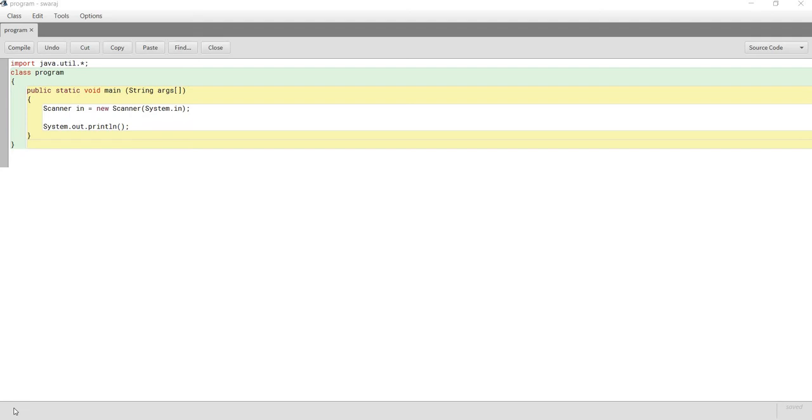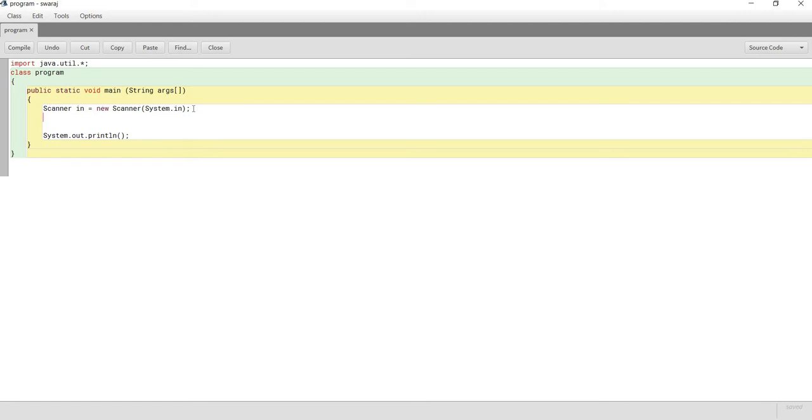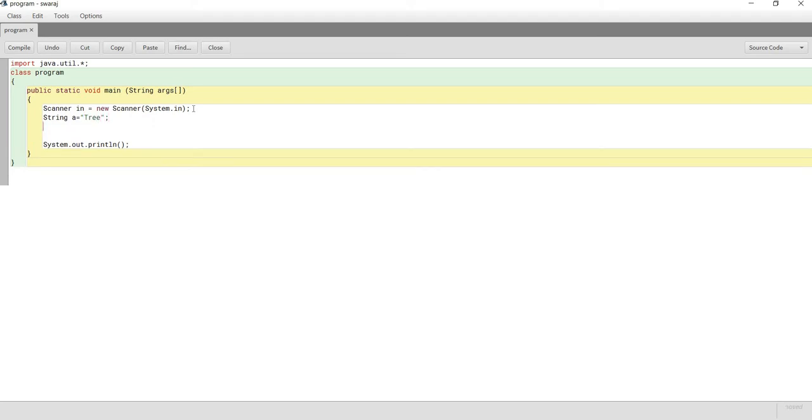I have written the basic program which includes header files. I have declared the scanner class, and now we will write the main program. So let's initialize a string a, data as tree, semicolon. Now let's initialize another string which will store the replaced data from the earlier string which was a, like